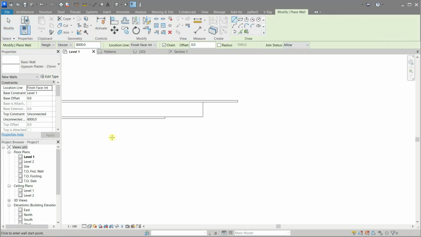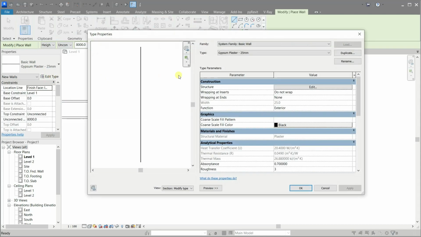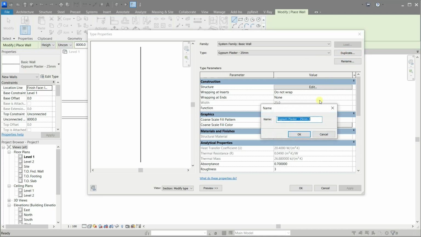Now let me create another wall. This time gypsum wall 25 millimeters. Maybe we'll need it in making decorations in the course.